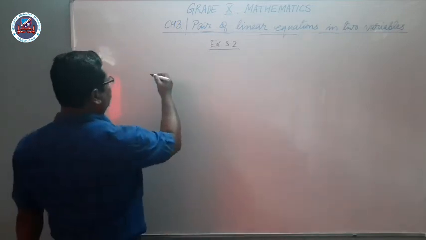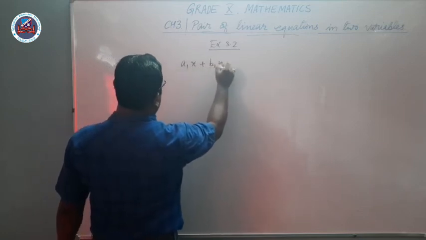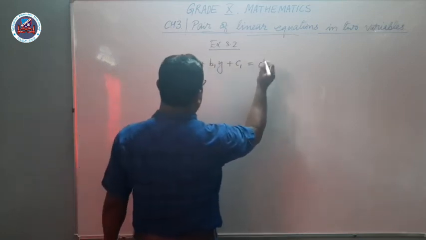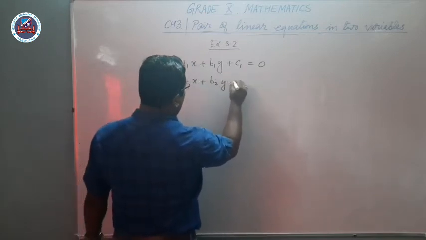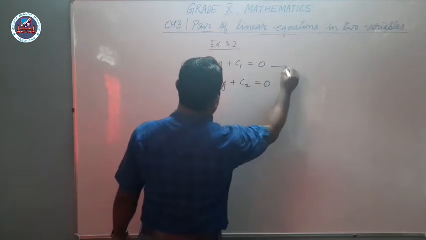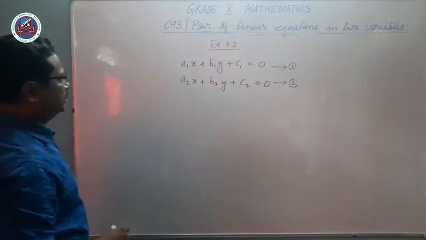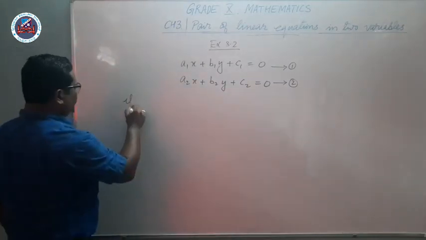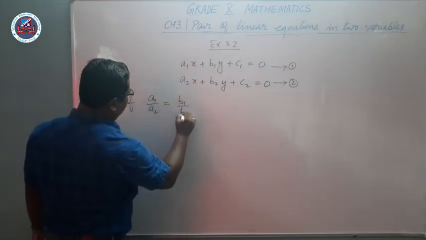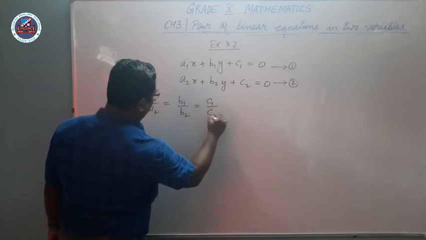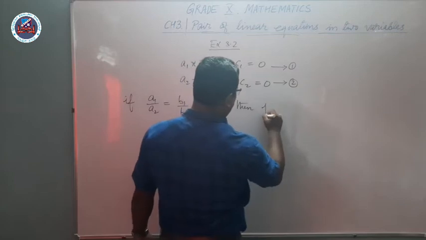Now I will write down once more. Suppose these are the two equations, a1x plus b1y plus c1 is equal to 0 and a2x plus b2y plus c2 is equal to 0. Let it be the standard form of a pair of linear equations. Now if we note it down, if a1 by a2 is equal to b1 by b2 is equal to c1 by c2, then the pair of linear equations